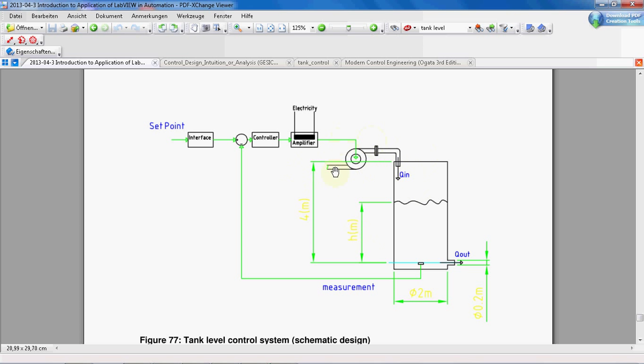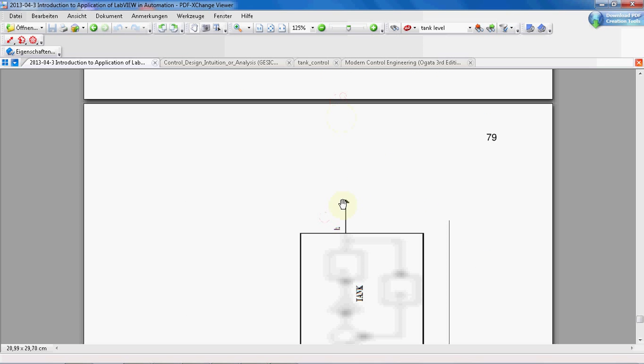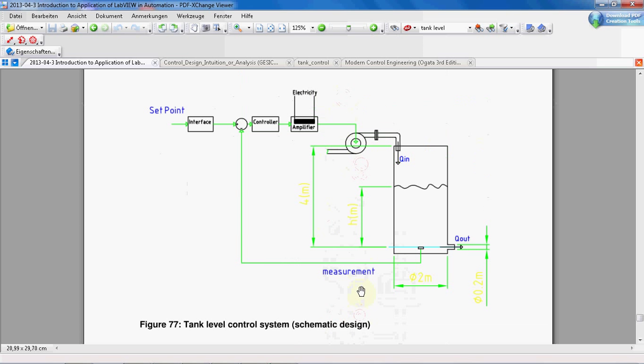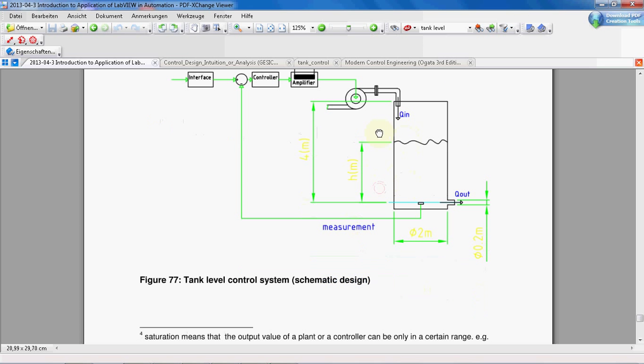Actually, we need to find a transfer function for our pump. I don't remember what transfer function I used, but I searched the internet, and I found something like pump. In other examples, I used that transfer function for pump. In fact, pump transforms the voltage into flow rate. Okay, then a certain flow rate